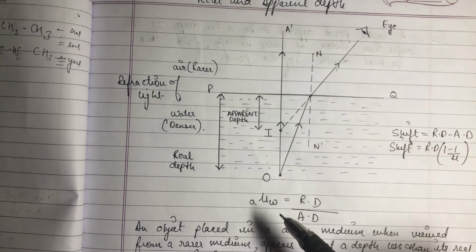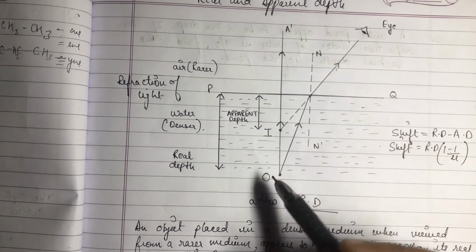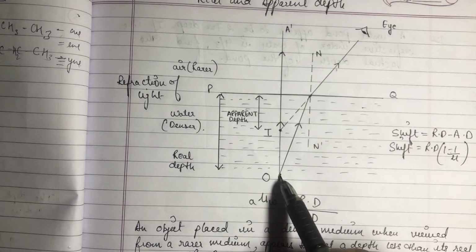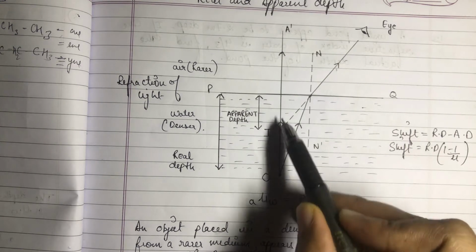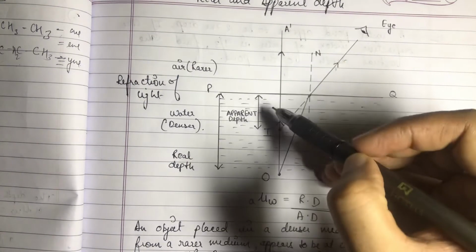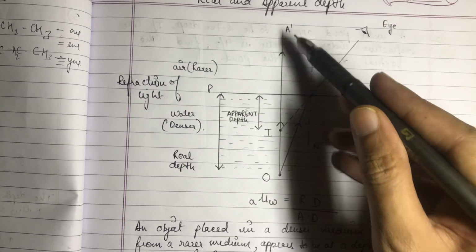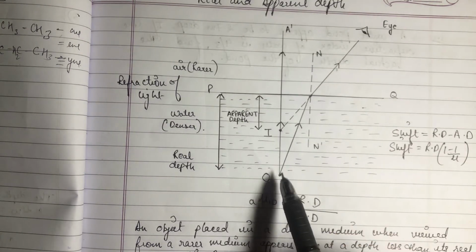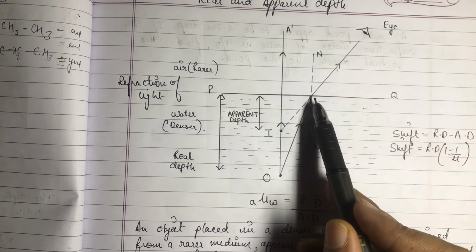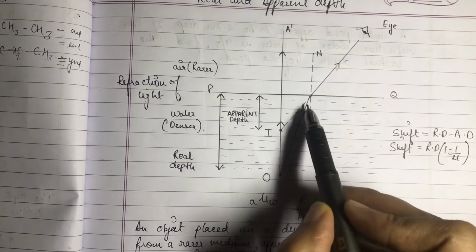So for that we have to obviously pass rays from the object. So this is the object placed inside water at a certain depth. So the first ray is this, it is incident normally at the surface. If the ray is incident normally, it passes undeviated. You can see our second ray, it is incident at some angle at the surface,